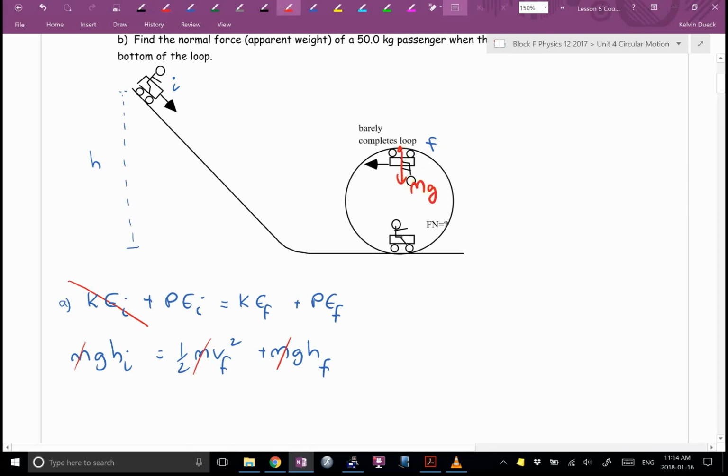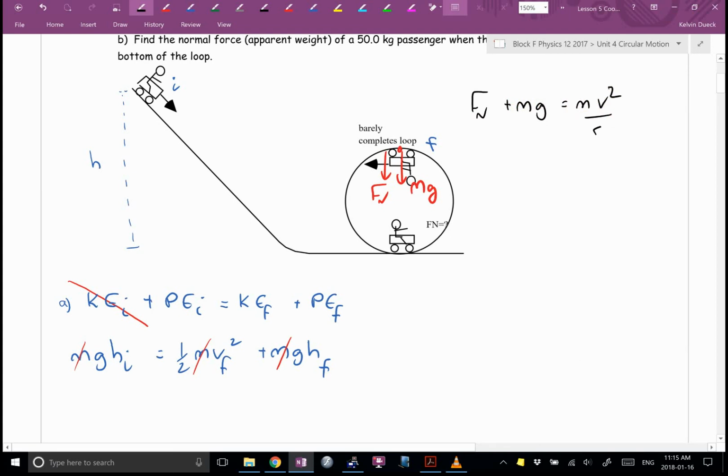What else? Which way? Yeah, it's always in whichever way your head's pointing. So in this case, it's going to be towards the center. I'm going to analyze the circular part up and to the right here in this white space. Who's winning? It's a trick question. They both are. I get this: normal force plus mg equals m, and I'm pretty sure I'm going to use the v squared over r